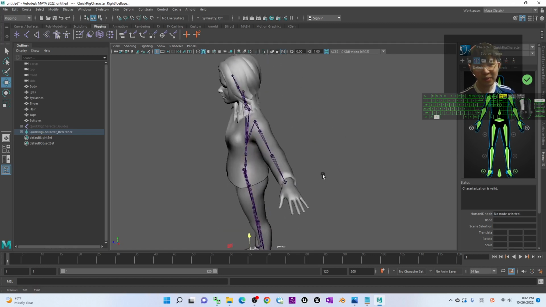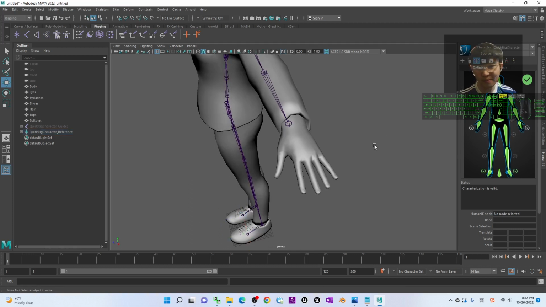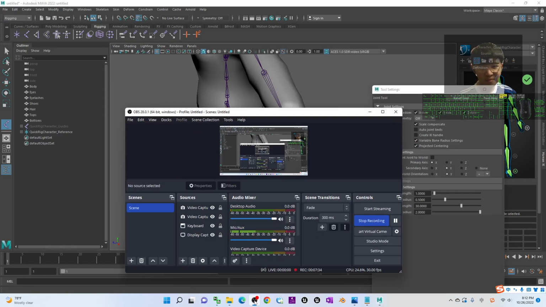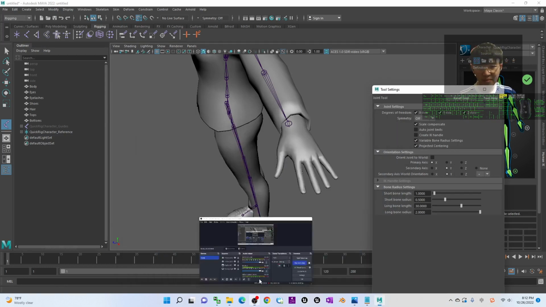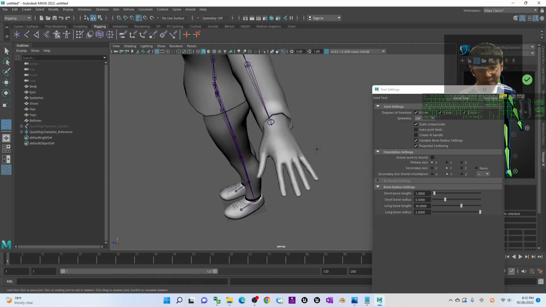Once done already, we are going to create the fingers bone. What you need to do is just click this one here. This is to create the joint. Then double click it. Make sure you take projected centering here. Once done already, you can just click, first restart from the thumb.